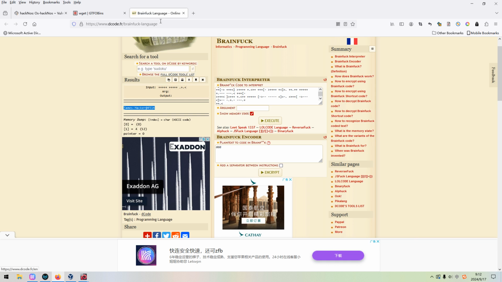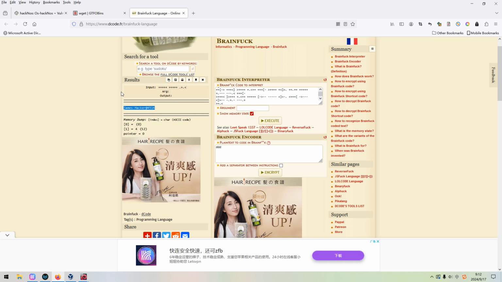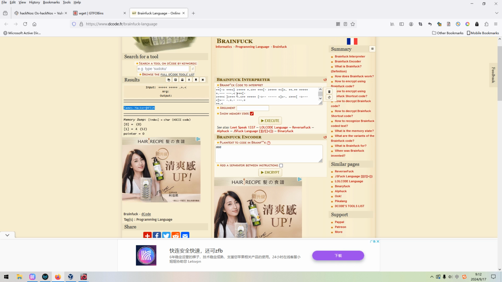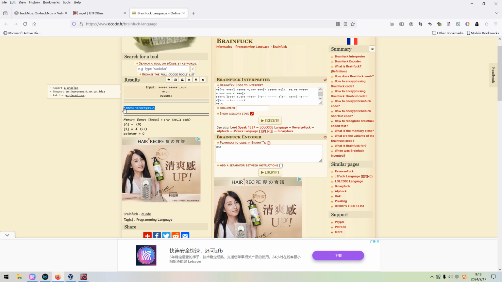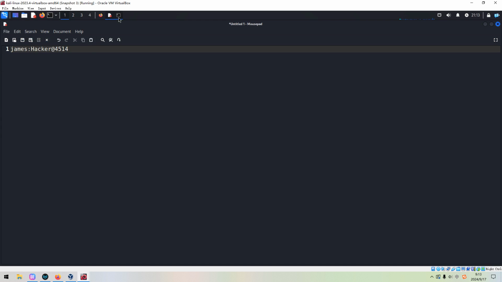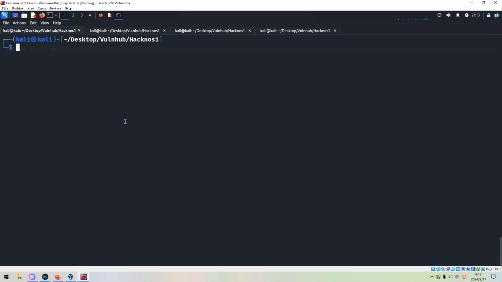And we can go to this website. The link of this website will be appended into the description section below. So as you can see, we can paste the data in here and execute, and then we can get the output. And this should be the credential. We can copy and paste over here. So I think next we can try to use these credentials to log in or SSH to the target, because the SSH service is running on the target, the gems.